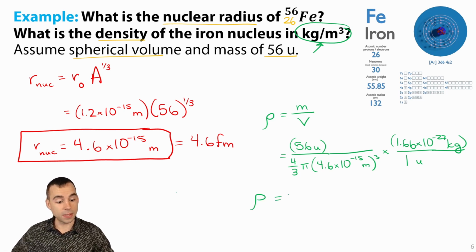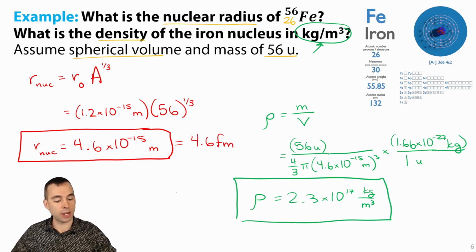So for my density, I'm getting 2.3 times 10 to the 17 kilograms per meter cubed, which is extremely dense. The nucleus is very dense because it's such a small volume that that mass is distributed over. And so really most of the rest of the atom where the electron is orbiting is empty. All the mass is located just in the center, which is a very small volume of space at the center